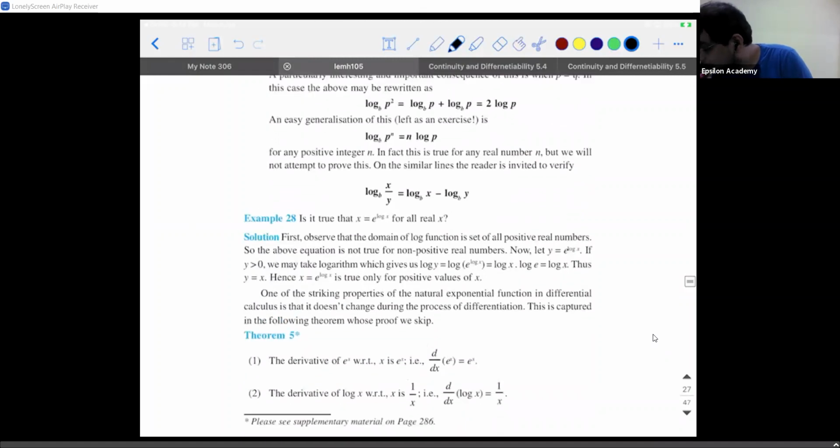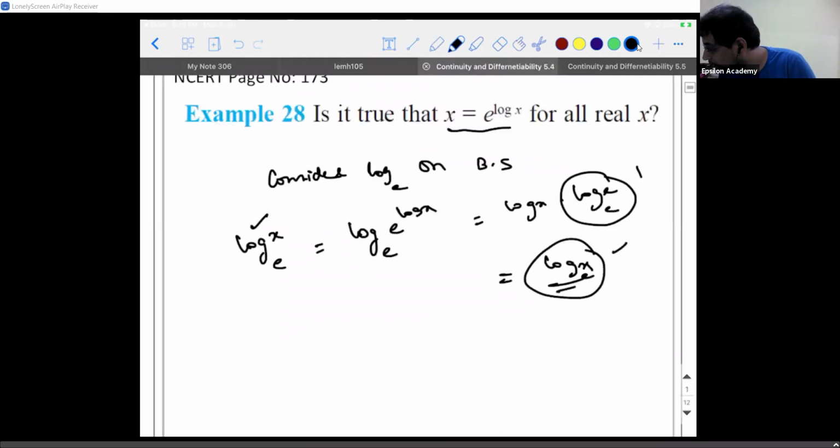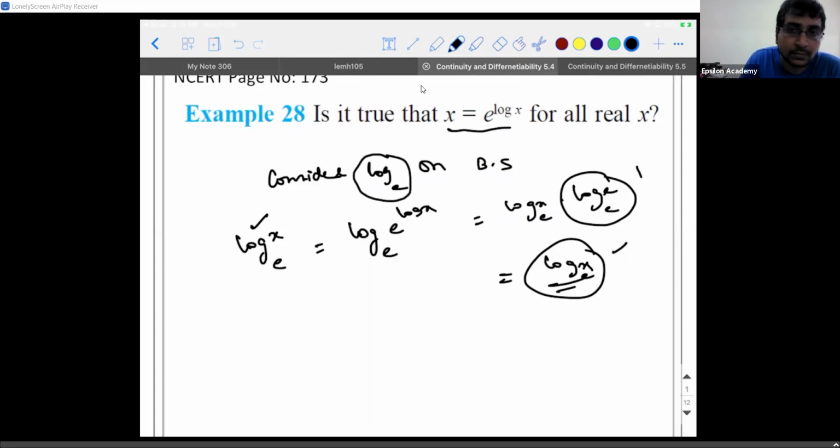So this is the example. But there is an important question that they have asked. What should be the condition? What should be the domain of x for this to be satisfied? How did log x base 3 come, sir? Where did I write 3? No, this is log x base e only. Because I told you to consider log x base e on both sides. Initially itself, I said the base is e.